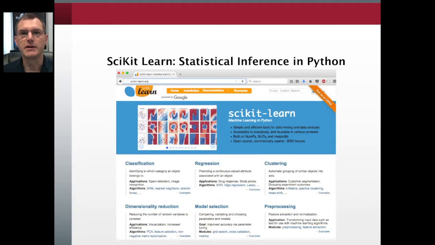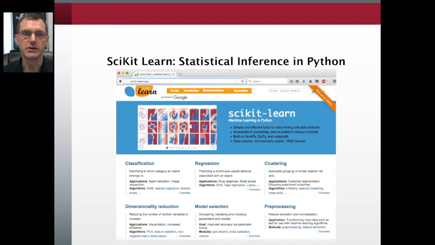So in this snapshot of the homepage for scikit-learn, we see that it has several different capabilities. And we've talked about most of these. It offers several methods for doing classification, which is predicting a categorical class value, for regression, which is for predicting a numeric class value, clustering for looking for major trends or subsets of data that are similar to each other,